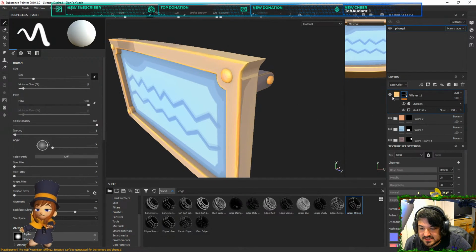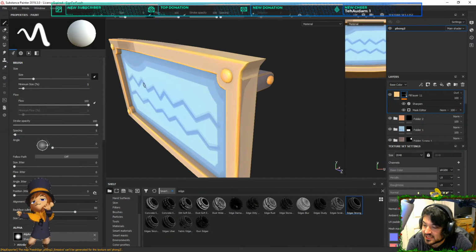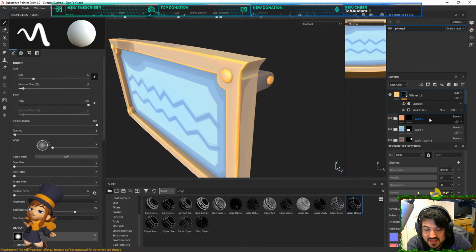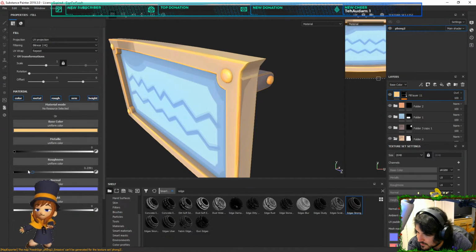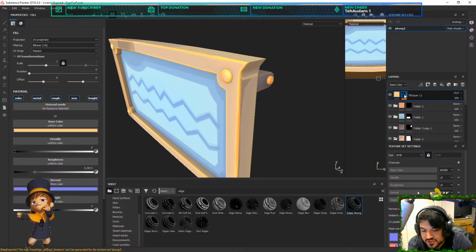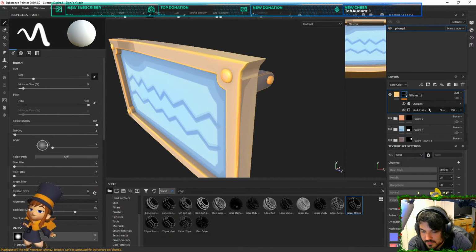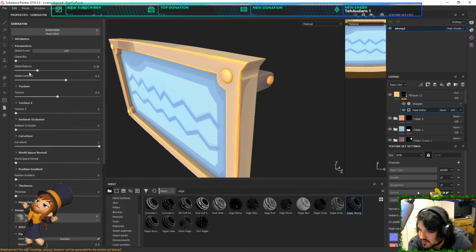So a lot of assets I would usually stylize, you get an automatic edge for like this, and you can adjust the color to get where you want. But I will usually do a high poly. Right, this one doesn't have one. Turn down the global balance. Am I on the right one? Yeah, global balance. Oh, there you go. Wow, not very strong at all. It's so over the top. And then you could get a blur for it.